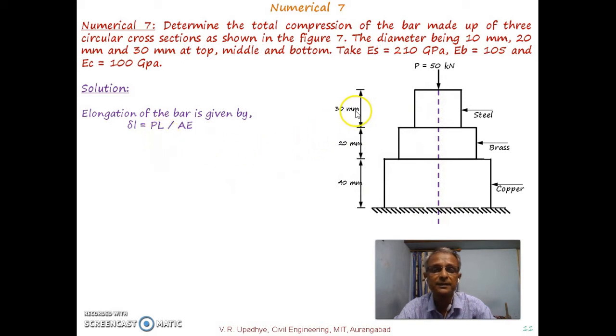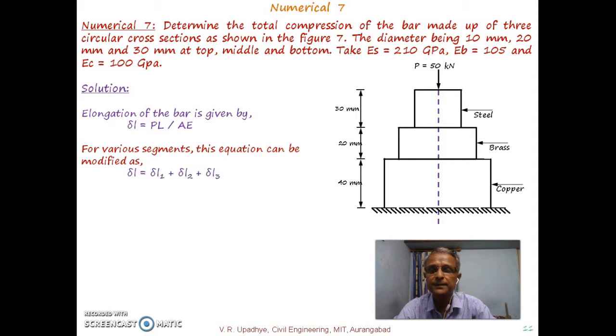And what is changing? Length is changing, area of cross section is changing because the diameter is different, and Young's modulus is changing because the material is different. So for various segments, this equation can be modified as delta L1 plus delta L2 plus delta L3, and for each material the force is the same, so P is taken out from PL over AE. So this will become P1 L1 divided by A1 E1. P is the same, so it is taken out, and what remains is L1 divided by A1 E1,